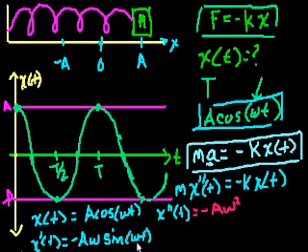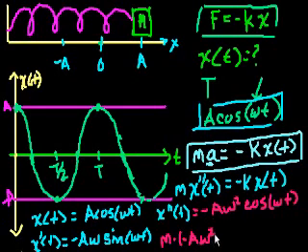And then the derivative of sine is just cosine, but the minus is still there because I have the minus to begin with. Minus cosine of omega t. Now let's see if this is true. If this is true, I should be able to say that m times the second derivative of x of t, which in this case is this, minus a w squared cosine of wt, should be equal to